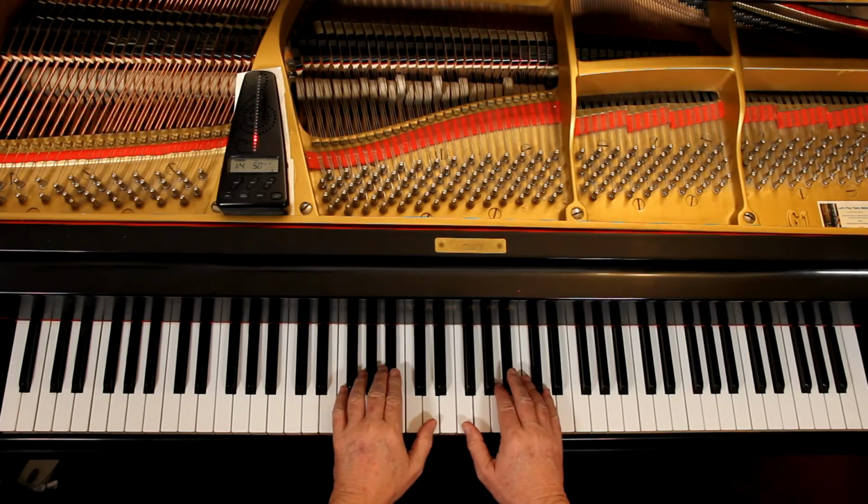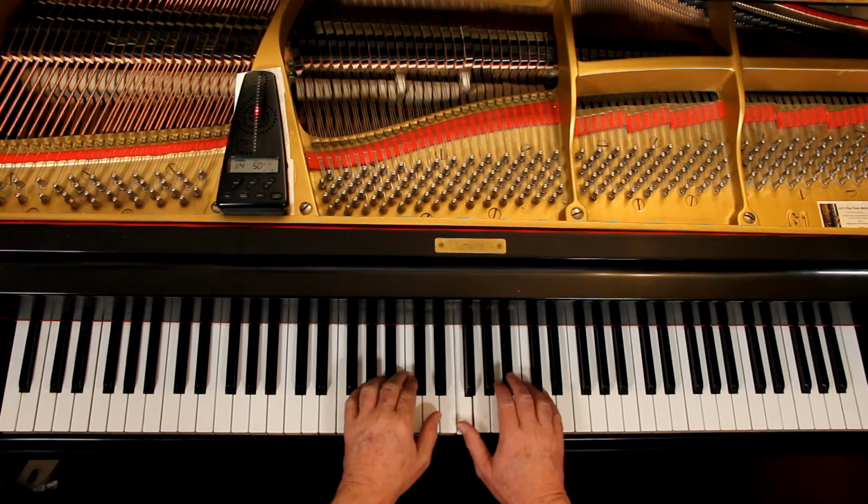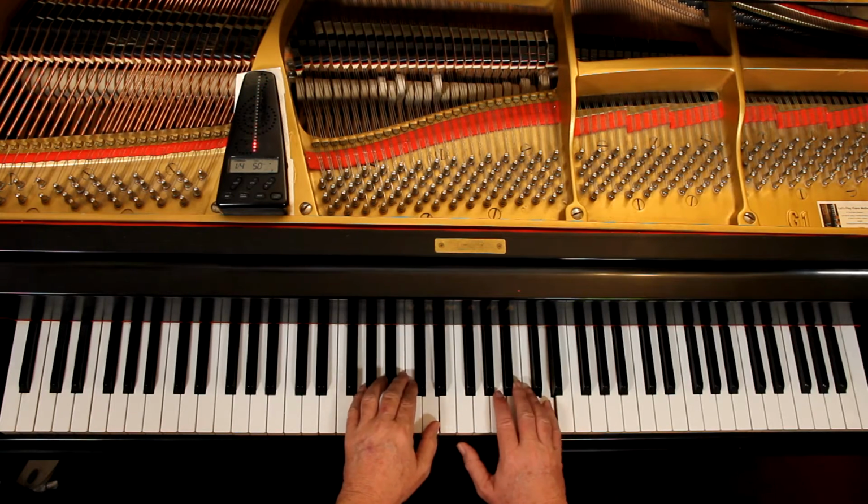Let's play it together very slowly and double check that we have the right notes, so don't think the rhythm's a problem. I'll give us 4 counts. We'll go real slow here. 1, 2, ready, and go, and 1, 3, and 4, and